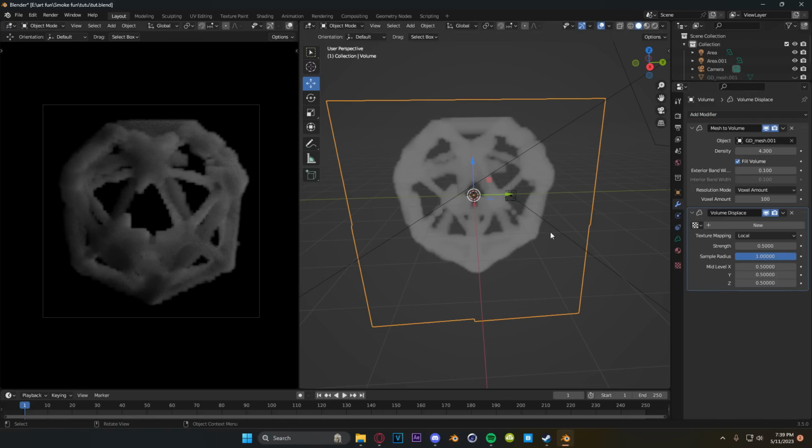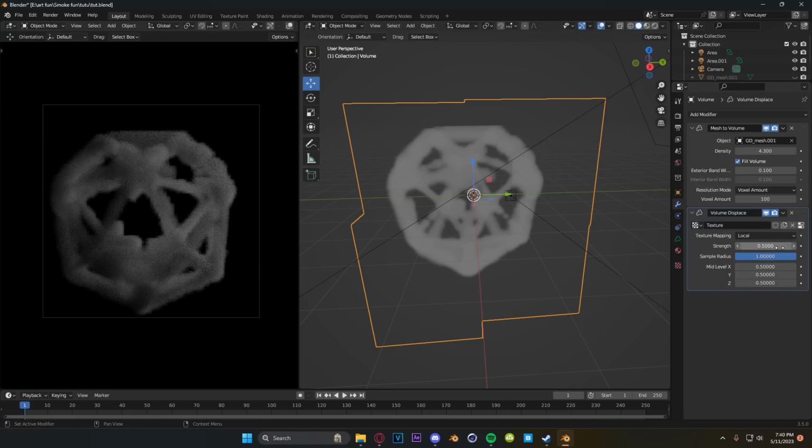Now, this is a super cool modifier that works exactly like displace does with mesh. However, you have more possibilities, in my opinion, because with a volume, it stretches and fills gaps and you don't have clipping of the mesh as you would if you were working with geometry. So you can get these really crazy abstract looking things that look like they could really exist. So what we're going to do is create ourselves a new texture,